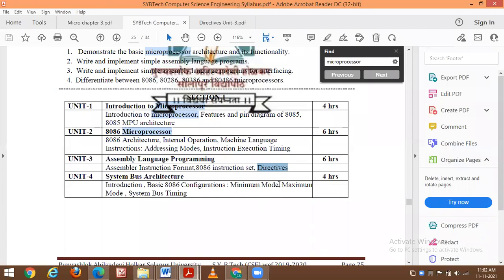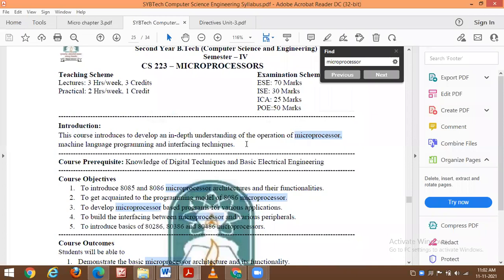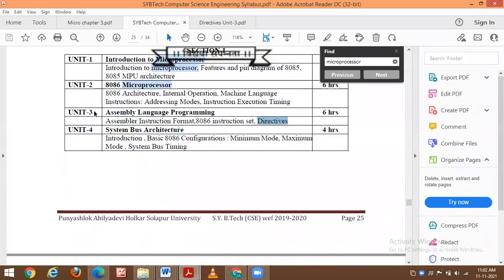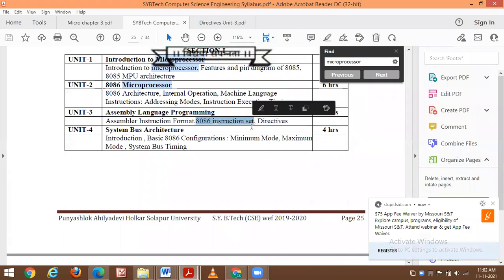So, dear students, this is the syllabus of your microprocessor subject. In this third unit, yesterday we completed the 8086 instruction sets. All the 8086 instructions we covered yesterday. And one student asked me a question about the repetition of decimal adjust addition and ASCII adjust addition. So those who have not completely understood,